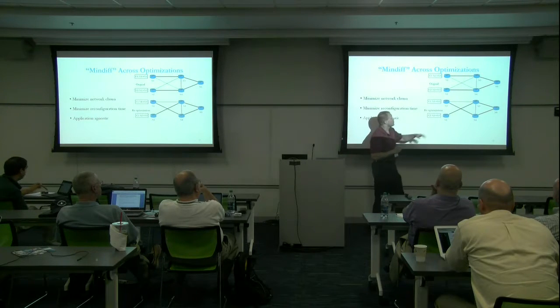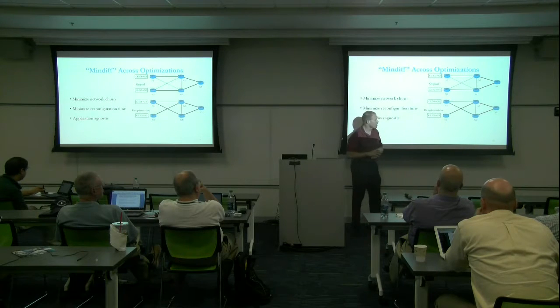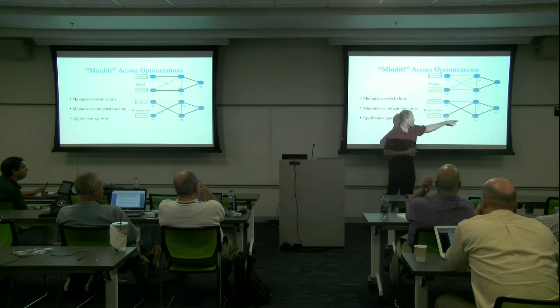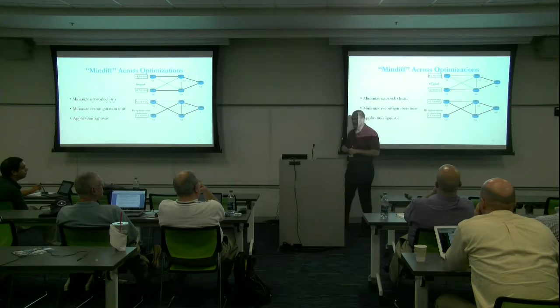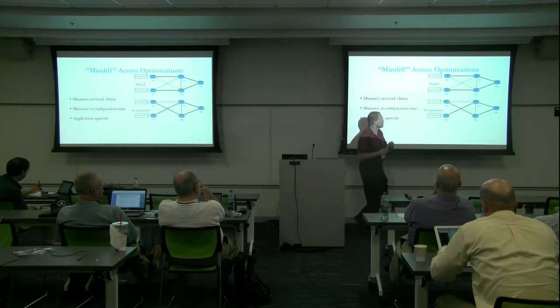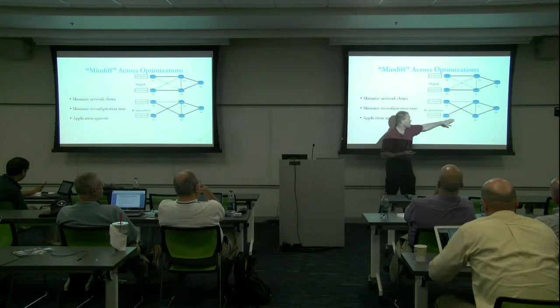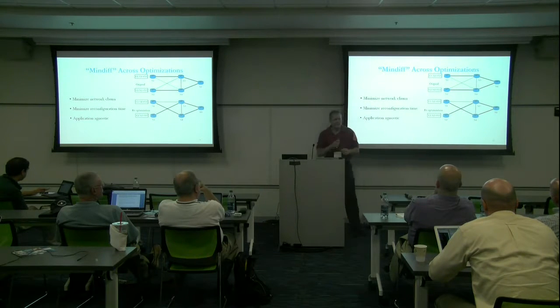In this case, maybe this was your original setup where the darker lines are where more of your traffic is going. And then maybe you get a link failure here between N2 and N4. And so one way that your solve could produce a new answer if you didn't do the MinDiff thing is it would say, look, I'm going to change where class C2 is going because I have to, right? That link is now gone.